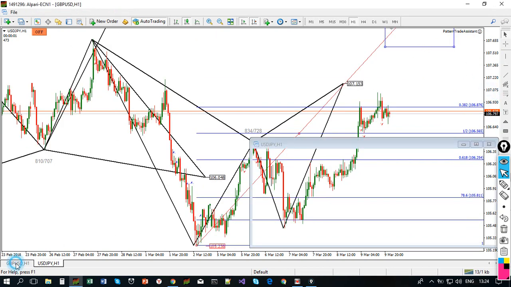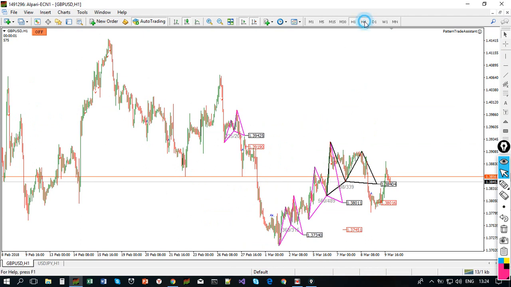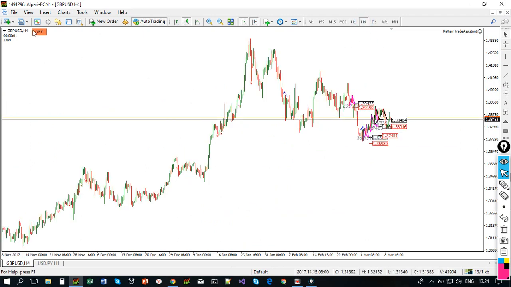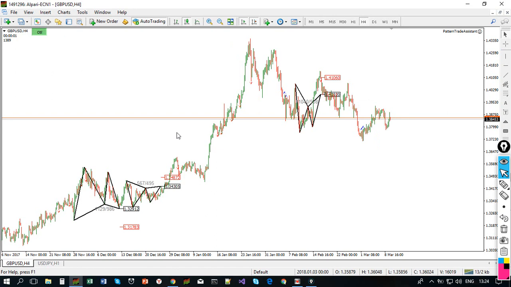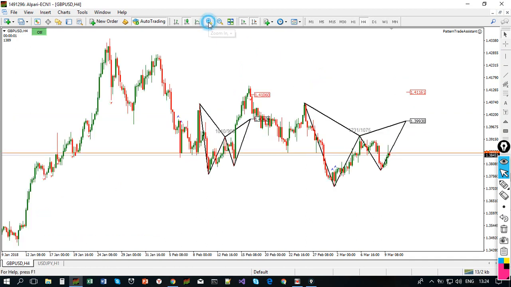The second trading opportunity, 4 hour. Let me enable the recalculation mode. Okay, so this is the pattern that I'm looking at. This is a potential Gartley formation, I suppose. So I am waiting for price to go into this zone, to enter into this zone. The beginning of the zone is 1.39930, and the stop loss of that is